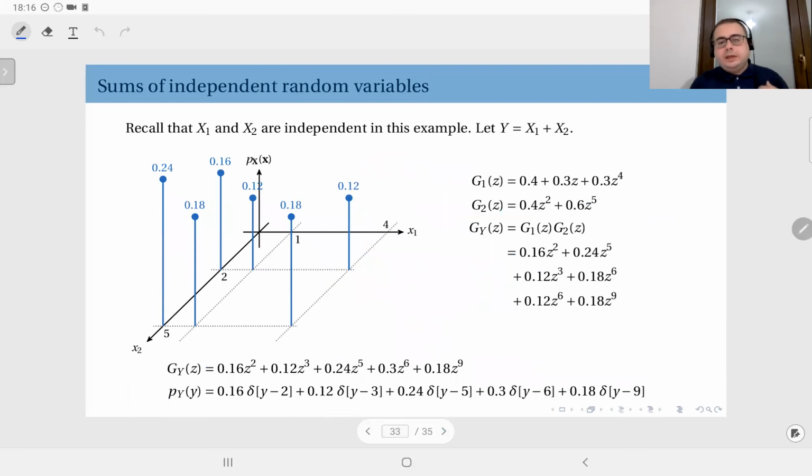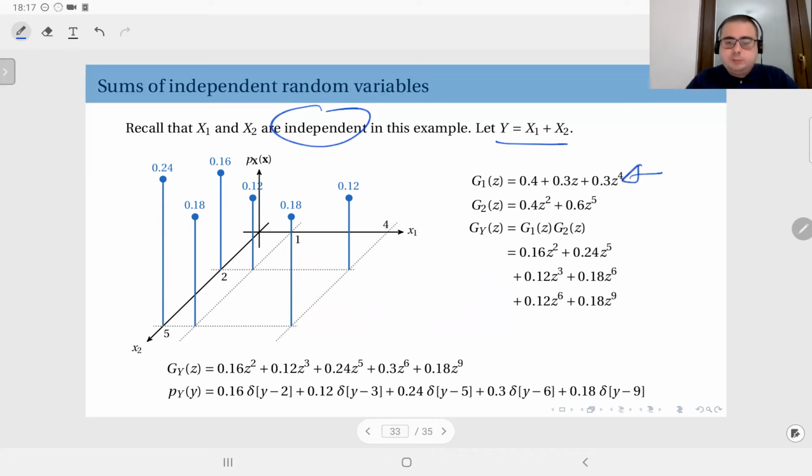Here, again, the same discrete distribution, the joint distribution. And remember, we have observed that x1 and x2 in this distribution were independent, which is essential. And let's obtain the distribution of x1 plus x2, which we define as random variable y. Now, in this case, of course, this is a simple joint distribution, and you can obtain the distribution of y quite easily by just looking at this joint distribution. But you see,